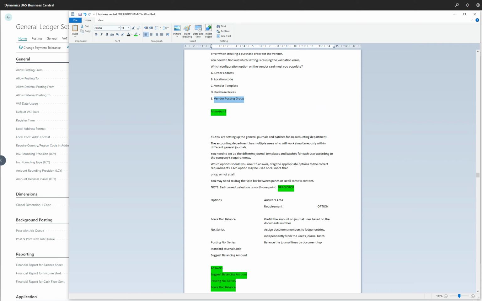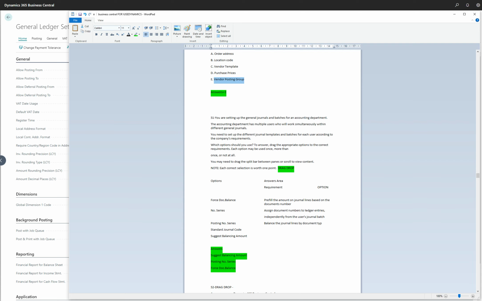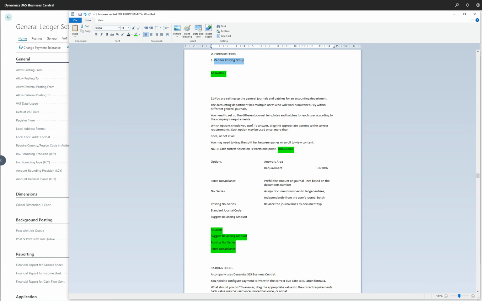You're setting up the journals and batches for an accounting department. The accounting department has multiple users who will work simultaneously within different journals. You need to set up different journal templates and batches for each user according to the company's requirement. Which option should you use? And the correct answer, you may need to drag and drop. So you'll have 3 options like that. That'll be the requirement, and then you will have the options here, and you'll have to drag and drop